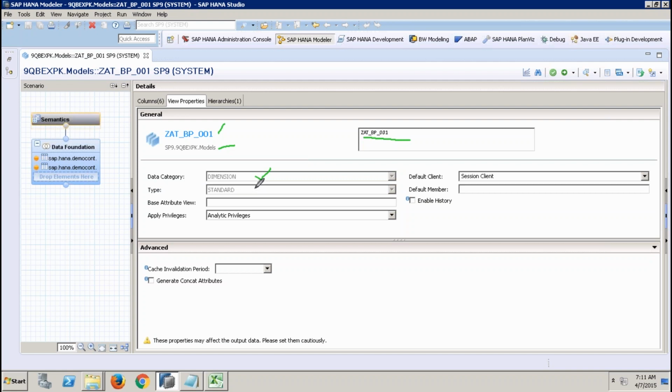And then you see the next property as a type of attribute view. We've seen there are different types of attribute views, right? Standard, derived, and time. And this property type will tell you whether it is a standard or derived, or time based attribute view. Suppose if it has been derived, this property will tell you what is the base attribute view from which it has been derived. For example,